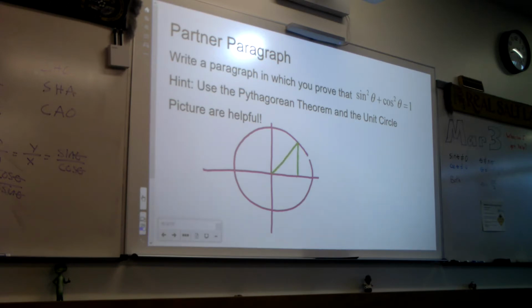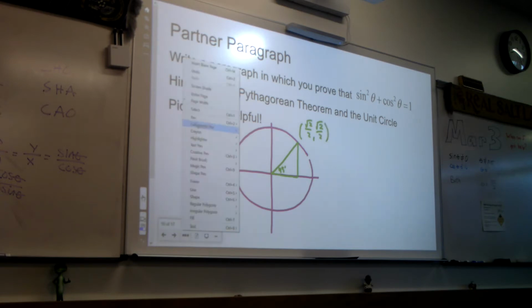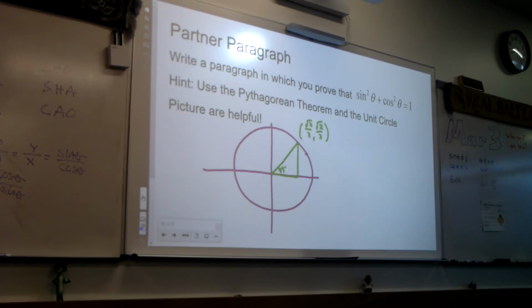Okay, so here is, if you did a 45-degree angle, okay? What you said this was square root of 2 over 2 and square root of 2 over 2, okay? Awesome. So x is cosine, right? Y is sine. So Peyton went and plugged in a specific value and said, well, if I do square root